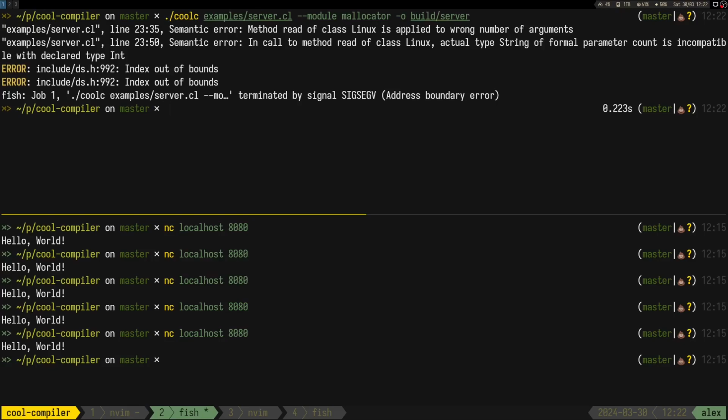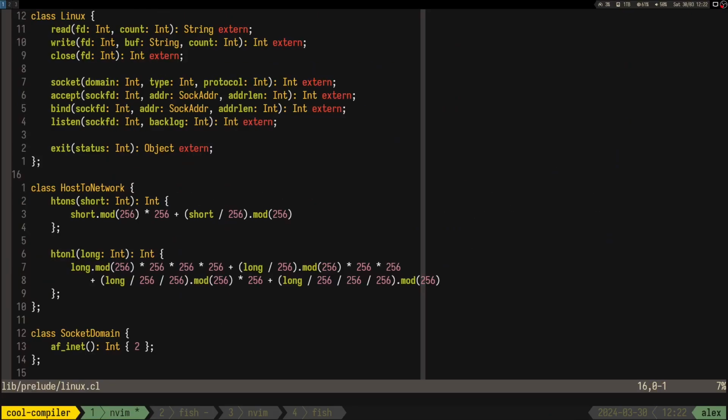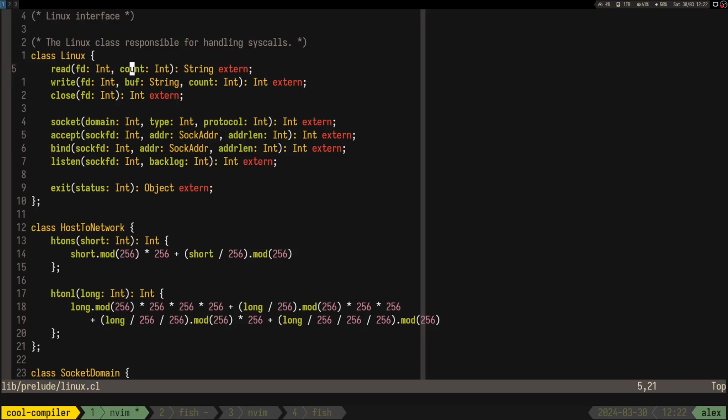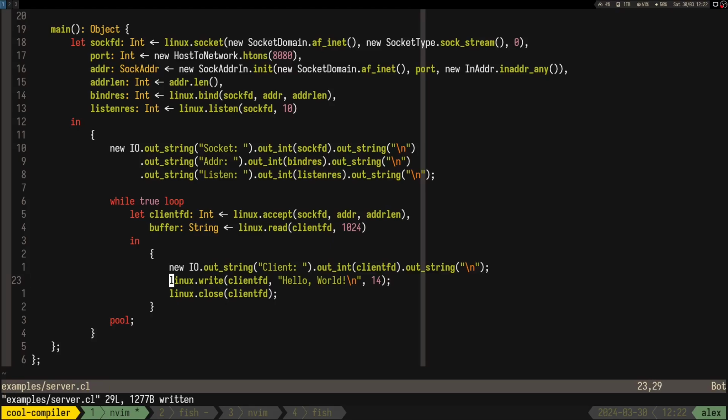Ooh, read of class Linux applied to the wrong number of arguments. So let's see, linux.cl. So read, yeah, this is also a bit strange. I should have put, no, but I'll change that some other time. But like read. Oh, but you know what's funny is that we can actually read here. Like, how about that? And client, whatever,